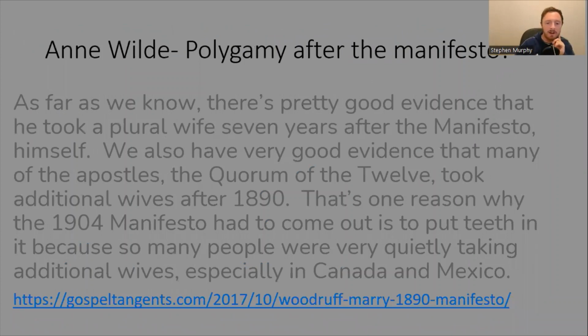Let's just see what Anne Wilde has to say. After the 1890 Manifesto, polygamy was still practiced, even by certain church leaders. Anne Wilde, an expert on polygamy, said this on Gospel Tangents: "As far as we know, there's pretty good evidence that he took a plural wife." This is Wilford Woodruff,